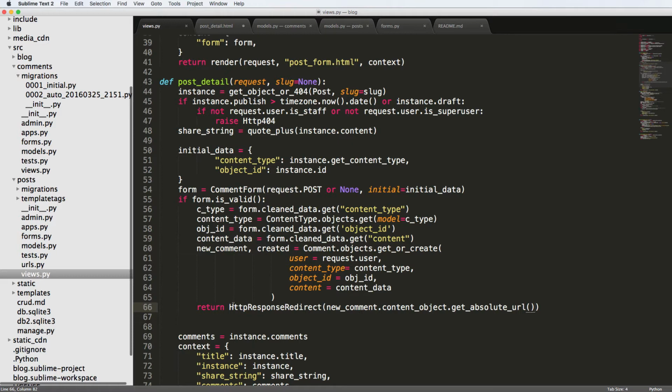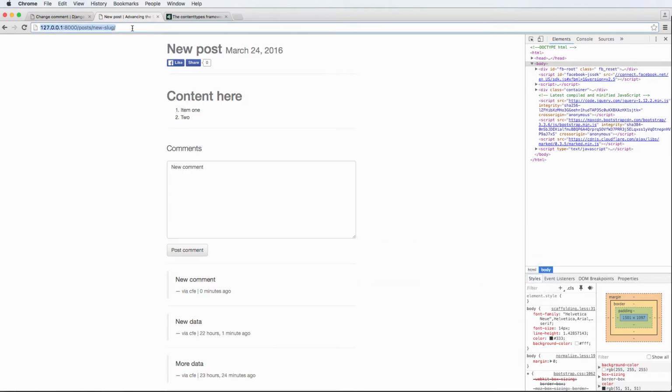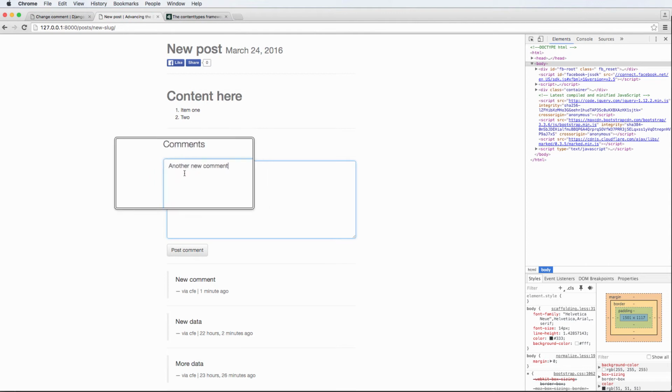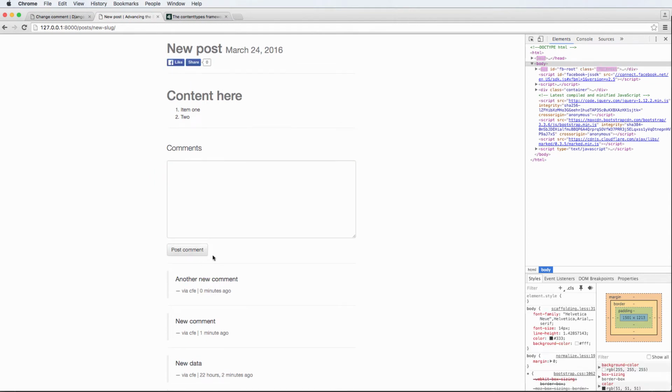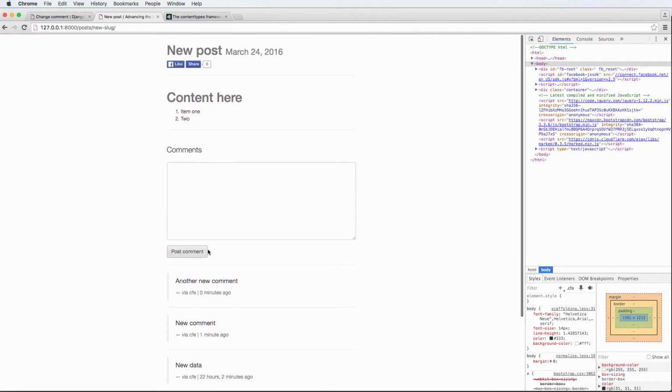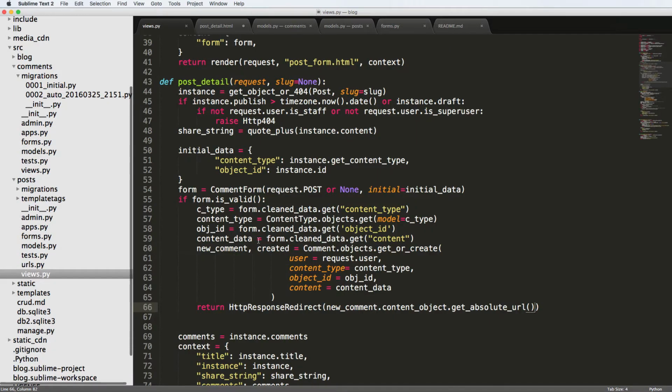So basically all I did here was after the comment's successful, we're going to re-render the post detail page. So another new comment. And what's going to happen here is this is going to go into the database, and then that comment form will be empty. If I hit post new comment, it now says another new comment. Cool. All right, so now we've got all of the bulk stuff done as far as the logic is concerned